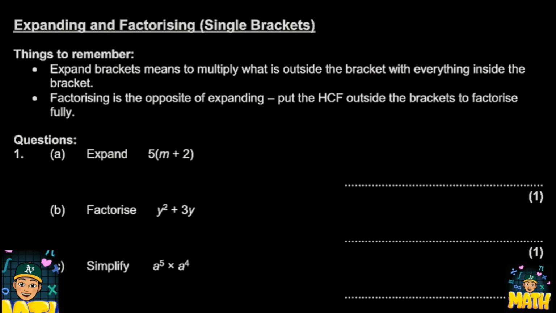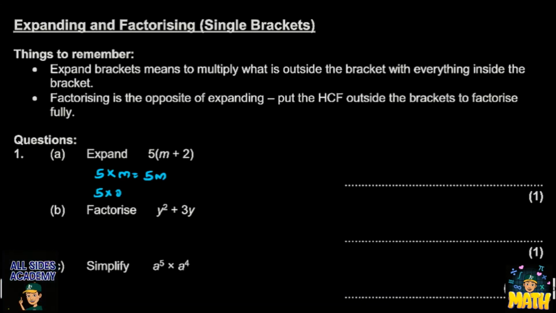Now, in this question, we have expanding and factorizing single brackets. So when we are expanding brackets, it basically means the number outside the bracket is multiplied by all the numbers inside. So in this first case, we'll have 5 multiplied by the m to get 5m. Then 5 multiplied by the 2 to get 10. Then we put the two numbers together. Then this second one has